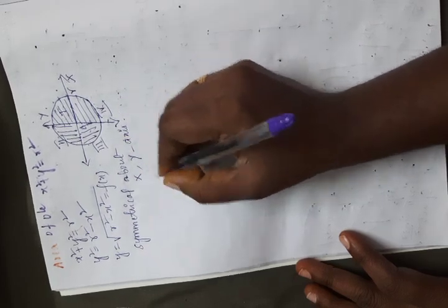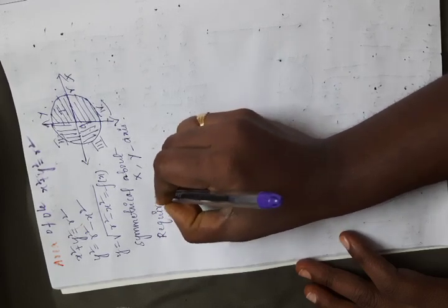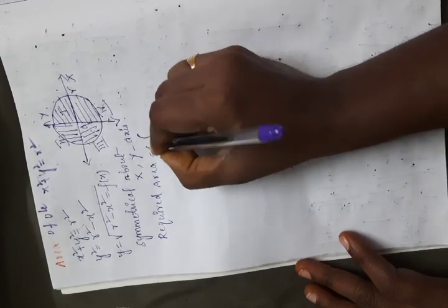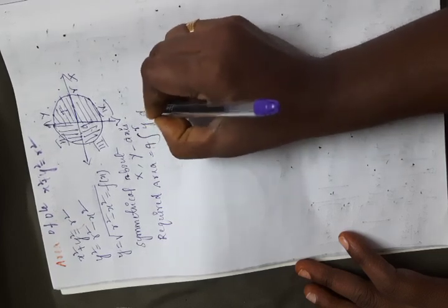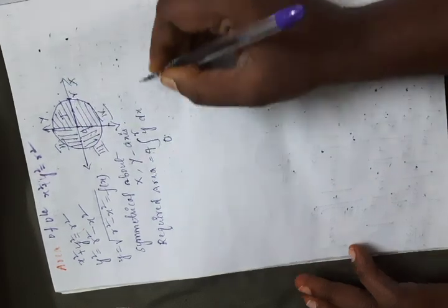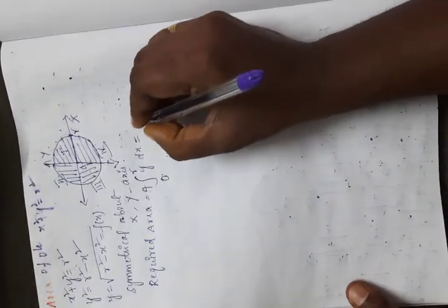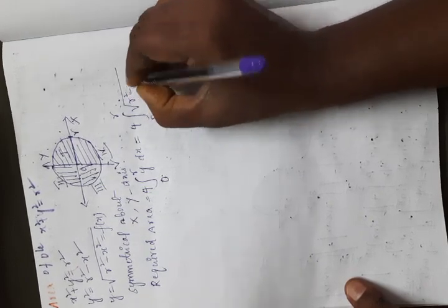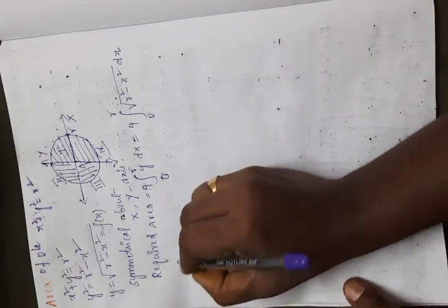Therefore the required area is equal to 4 times integral 0 to r y dx, because limits, see, here first limit is 0, last limit is r. Therefore 0 to r y dx, which is equal to 4 into integral 0 to r under root of r square minus x square into dx. So therefore area is equal to 4 into,